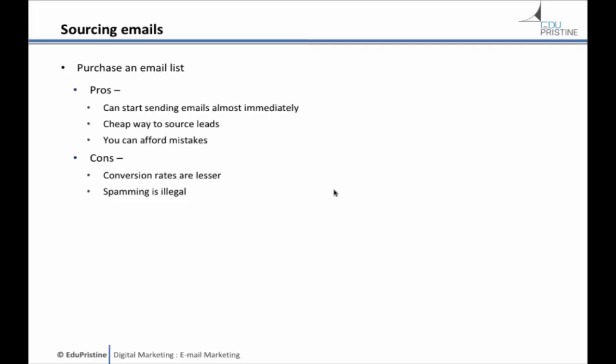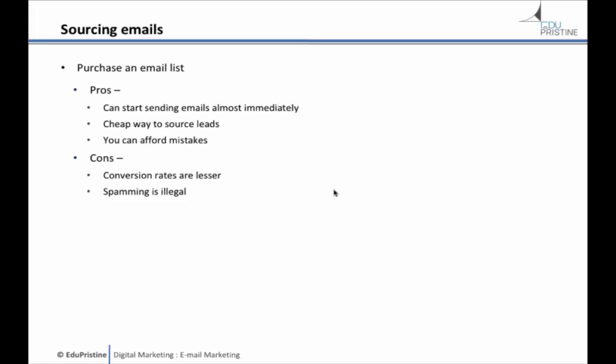Now, if I want an opt-in, I have to spend a lot of money for people to come to that particular page and register themselves. But if I am sourcing an email list, it is a cheap way of doing it, because they're vendors, right? And you can afford mistakes. If it's an opt-in email, you cannot afford to make any mistakes. But if it is a sourced email, you can probably make a couple of mistakes. That's fine. You can also do a lot of experiments. The reason being, you don't know who these audiences are. They might convert, they might not. So a couple of mistakes or a couple of experiments is okay, right?